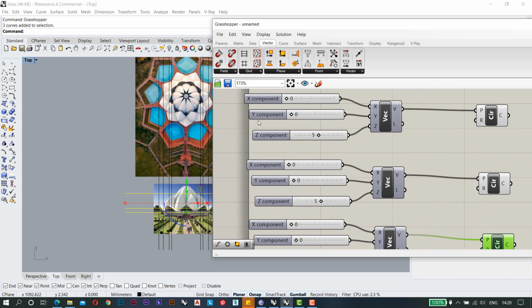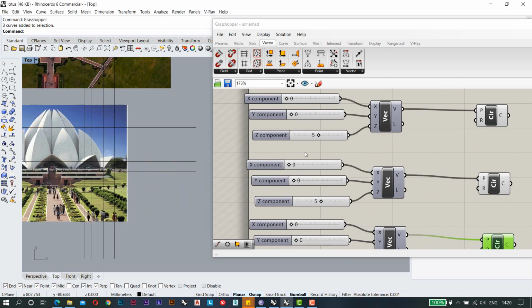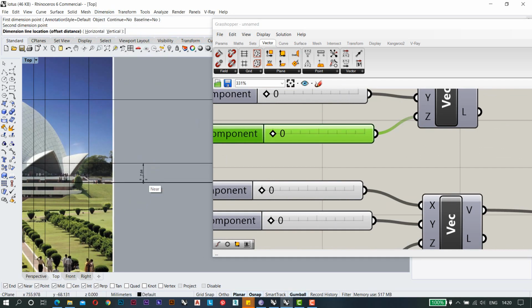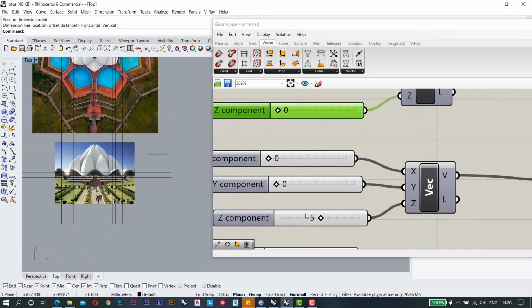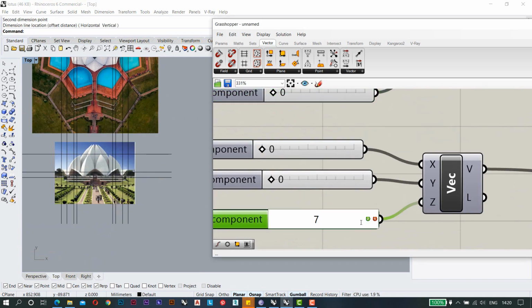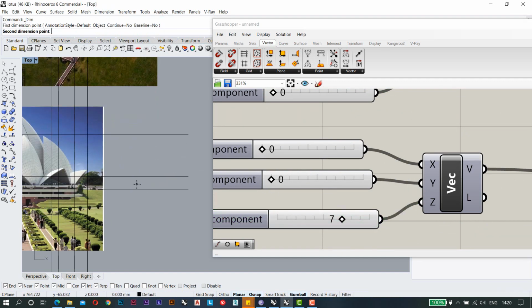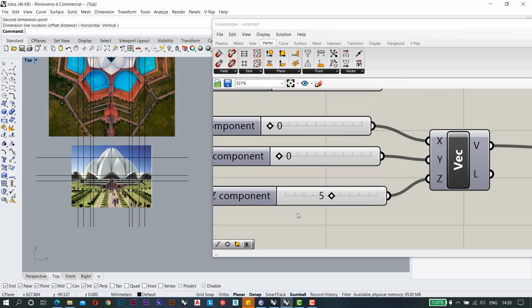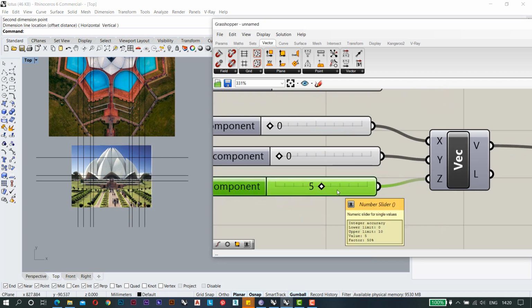So now I will change my height according to my elevation. So in the first one the value will be 0 and in another one the value would be this height, which is, I'm just considering it roughly 7. So in the next one my value would be 7 and for the top one my value would be roughly 34. So basically this element should have somewhere 34. So I will type 34, hit OK.